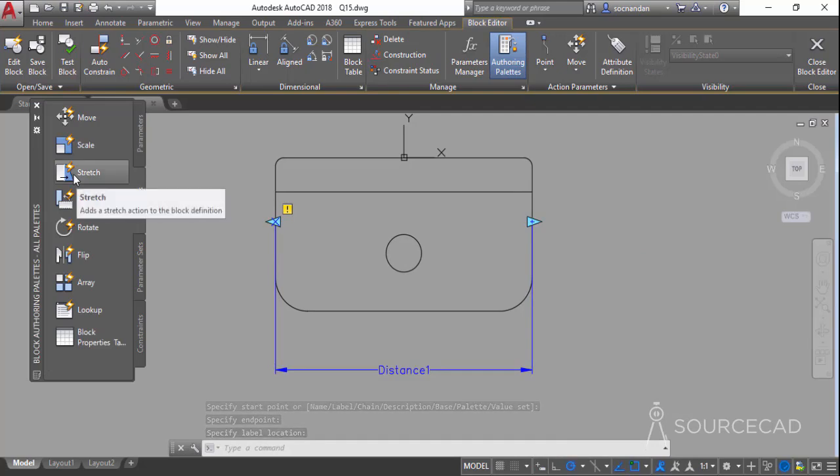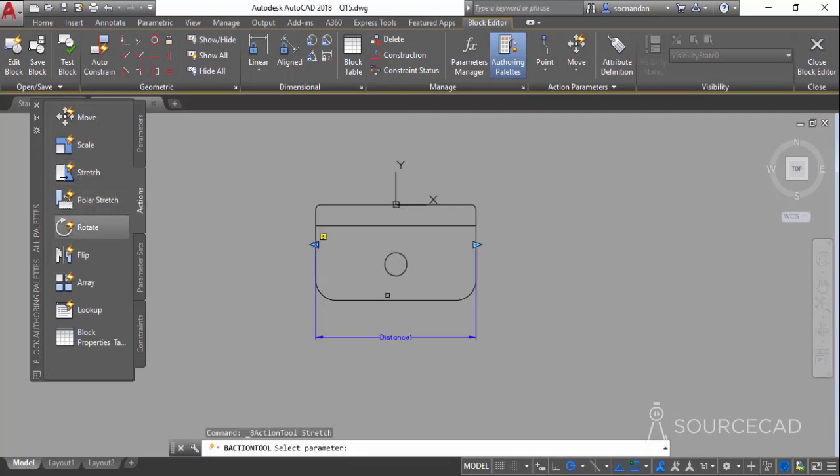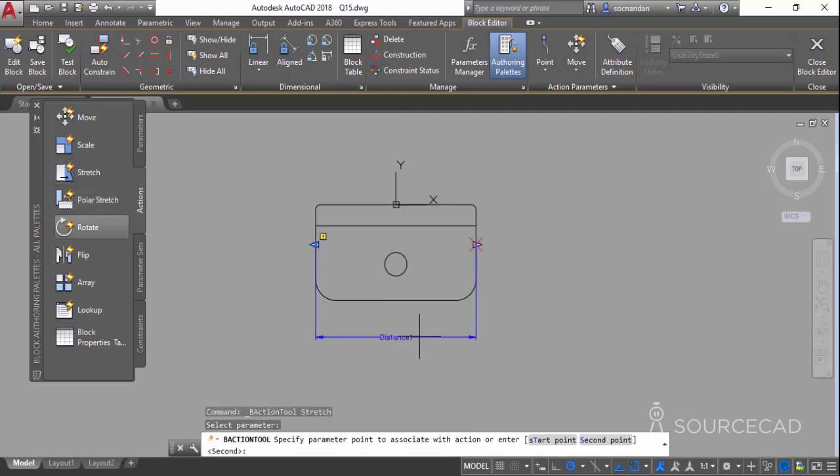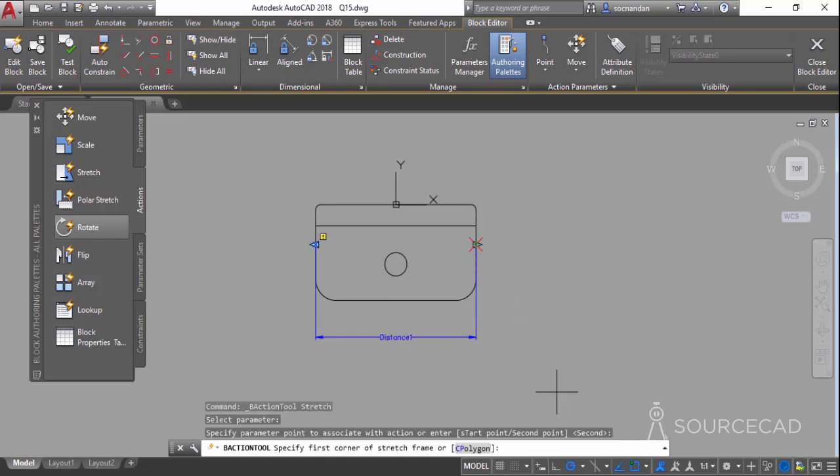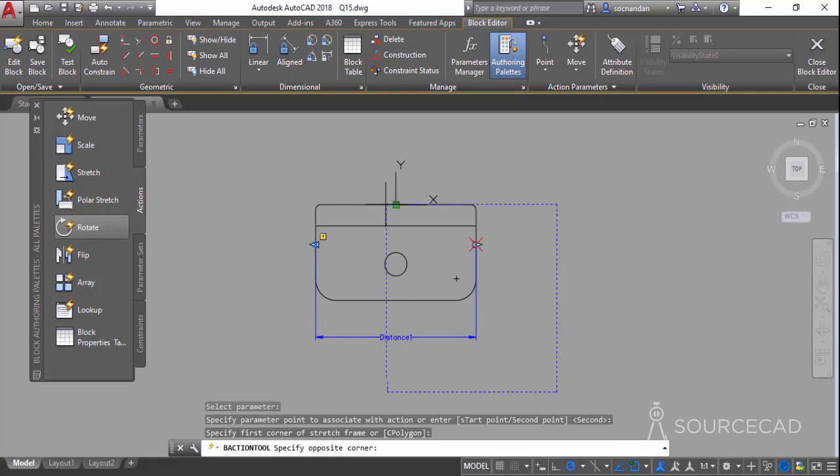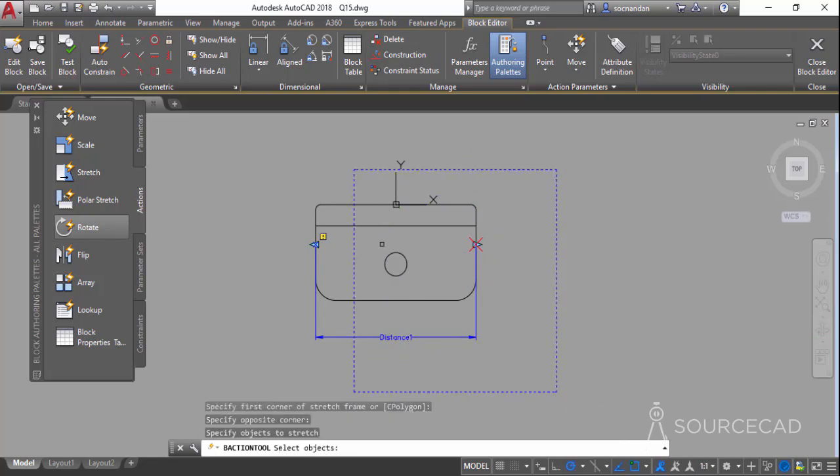Now we'll apply this stretch action. So for this, select the distance 1 parameter and now click on the point here. Now make the stretch frame. So I'll make this stretch frame to include the circle and most of these objects. Now make a selection of objects. So once again I'll click on this point and select it in such a way that the circle and the parameter are